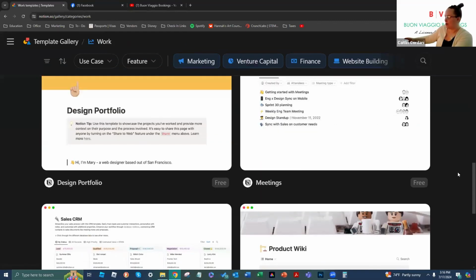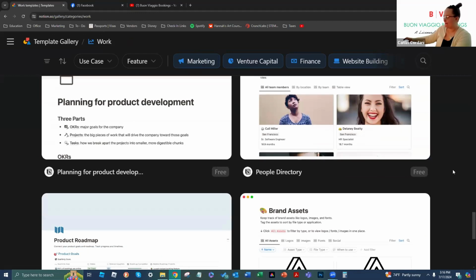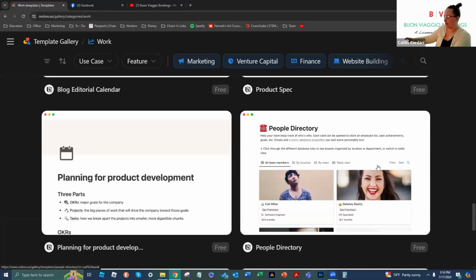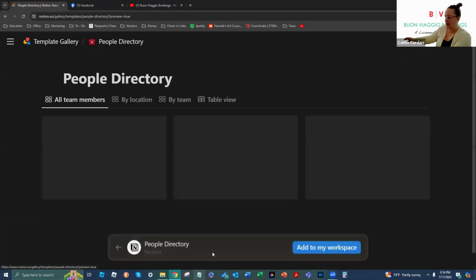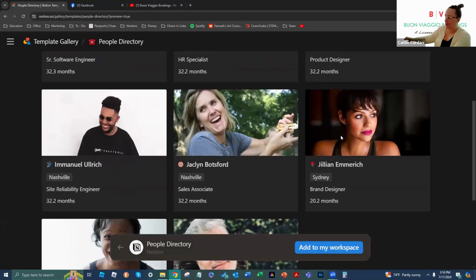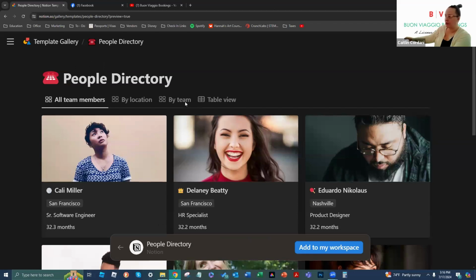All right, let's scroll on down. We have a people directory. We're going to click on this and preview it. Love this. This people directory is part of the HR department where you can add your clients and or team members. So there is a Notion contacts, which is a separate application from Notion for your projects and things like that. And then they also have Notion calendar,